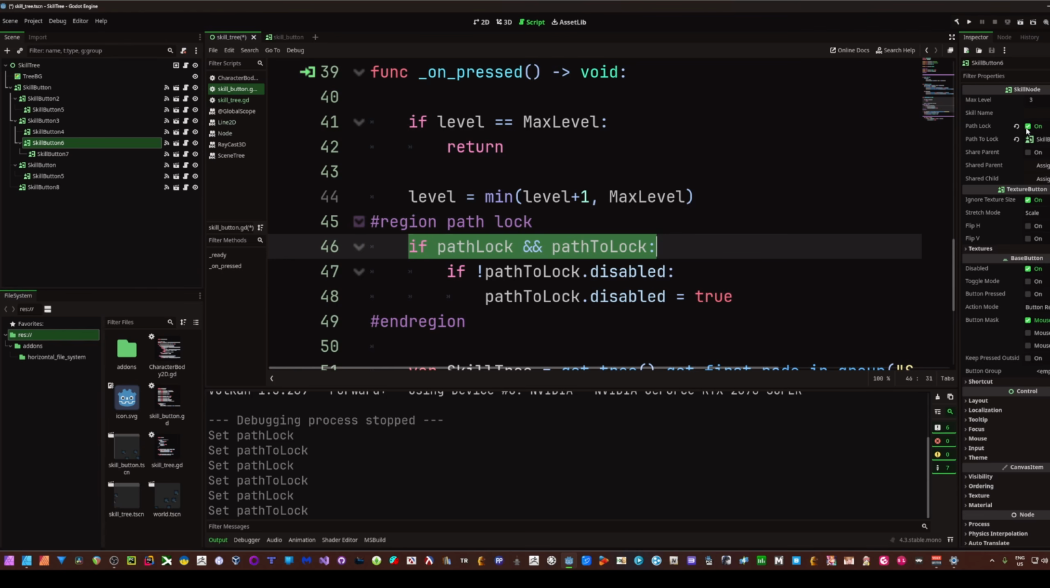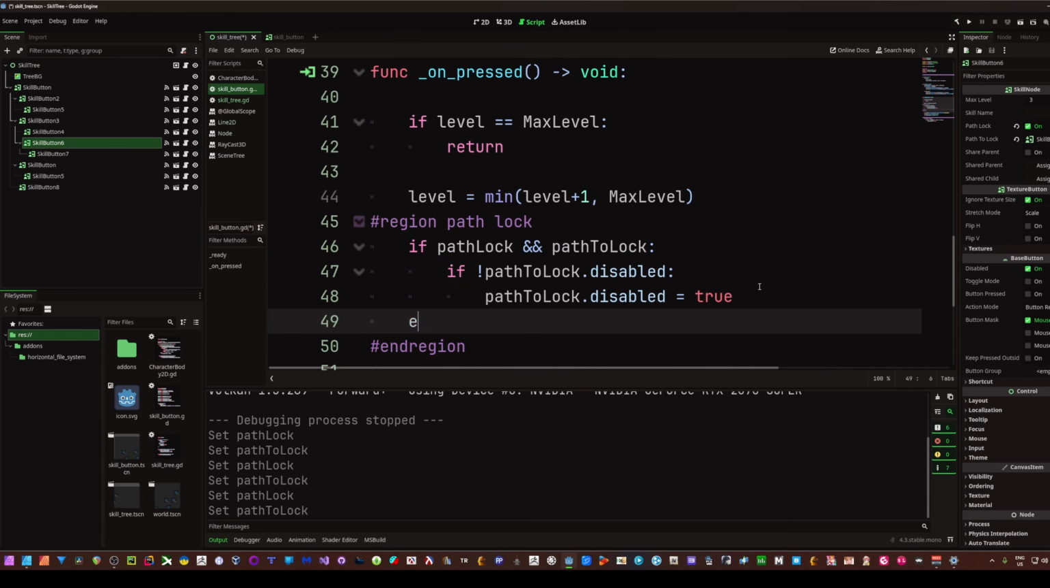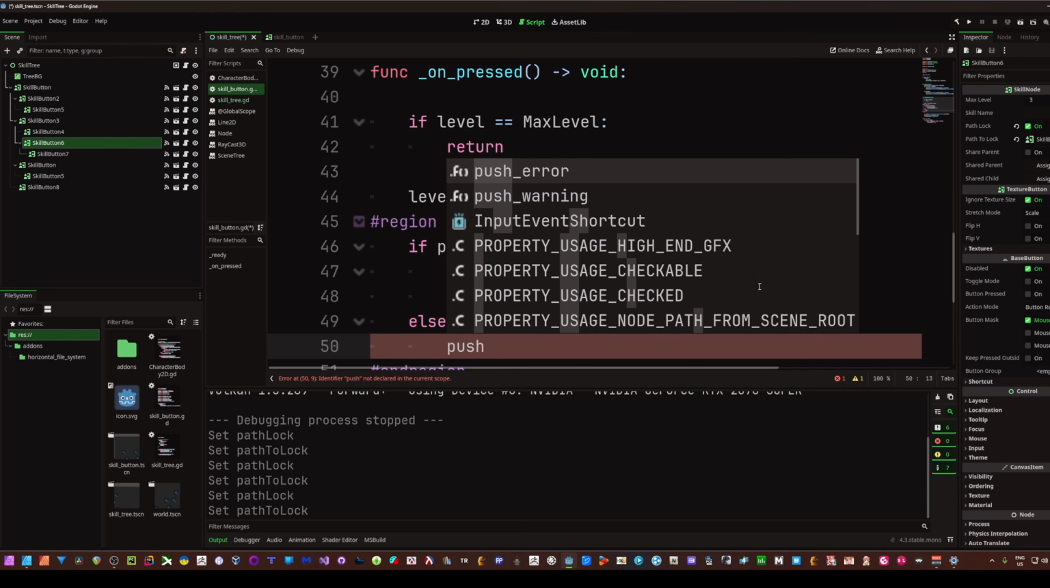So we're saying if we have this checked off, so we do want to lock a path, and path to lock, which is just going to check that we have a node selected in our path to lock variable. So this is going to basically allow us to make sure that we actually have something instead of running into an error. So what you could do here is, if you wanted to, go else, and then